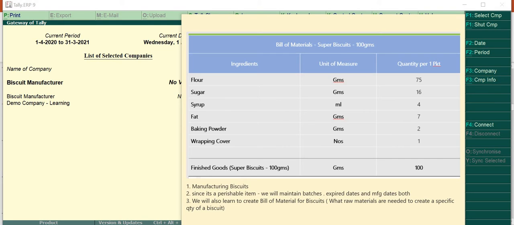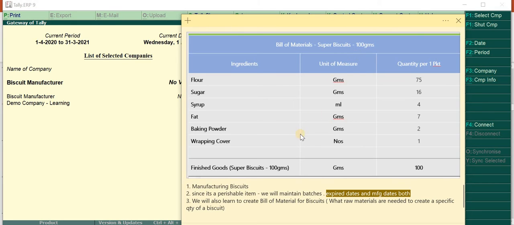Okay, now that we have learned the basics of batch management, we will notch up the level a little bit, where we will also try and understand how to deal with a good which expires with time. So here we will be dealing with both the manufacturing date and the expiry date of an item. Okay, and we will also get a little bit into manufacturing, wherein the scenario is such that using these raw materials, which are flour, sugar, syrup, we are going to make biscuit packets.